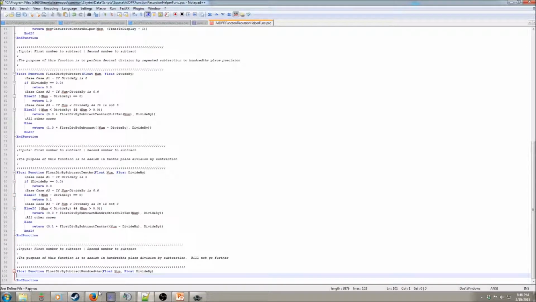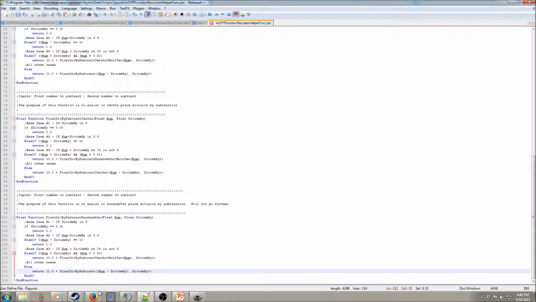And just like above, we want to copy paste. Then we want to replace this down here by hundredths, right here, because we're terminating, we want to just return 0. Right here, we want to do 0.01 because we're doing hundredths place. Right here, we also want to do 0.01 since it's hundredths place. Alright, save that, but we're not done because